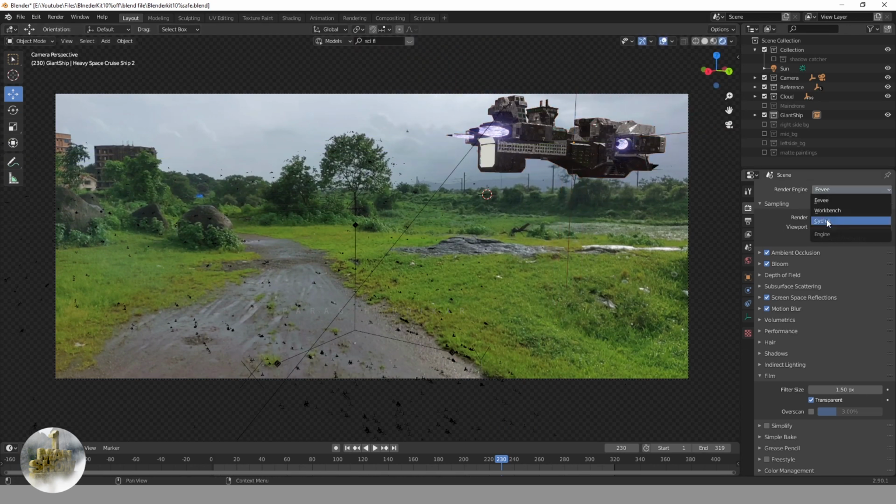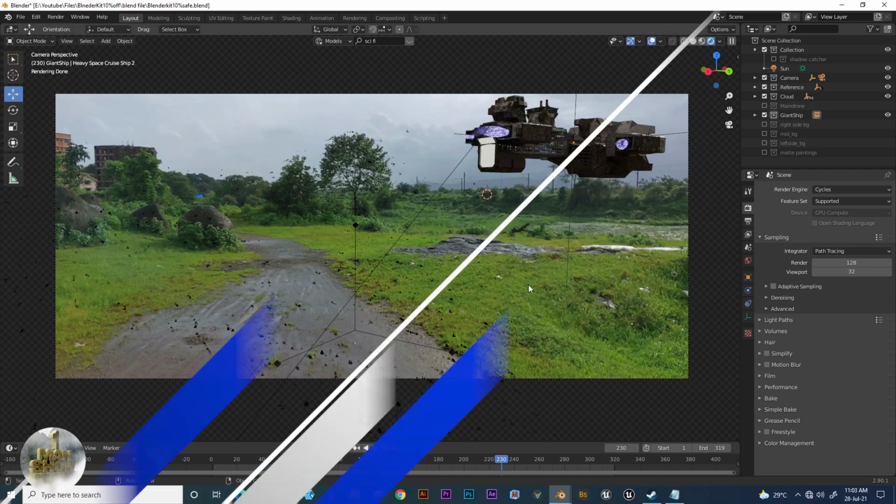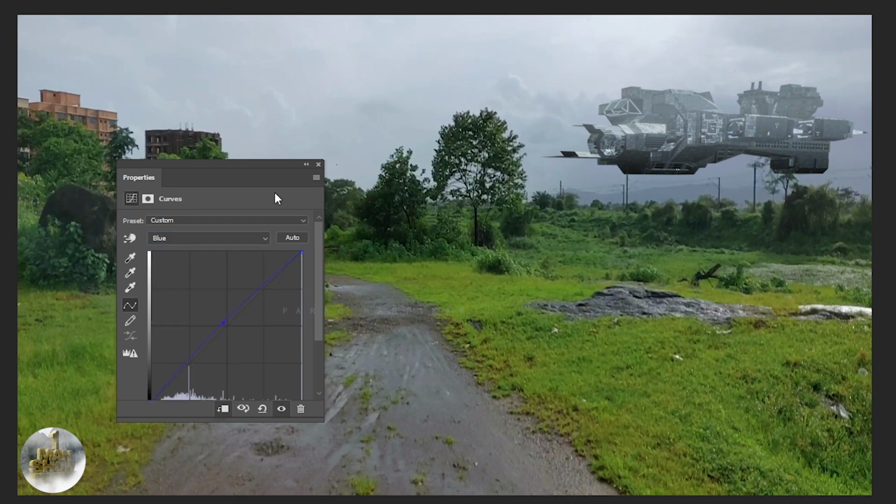Then I simply repeated the same process which I did with the matte painting. For this giant ship, I did the same process.